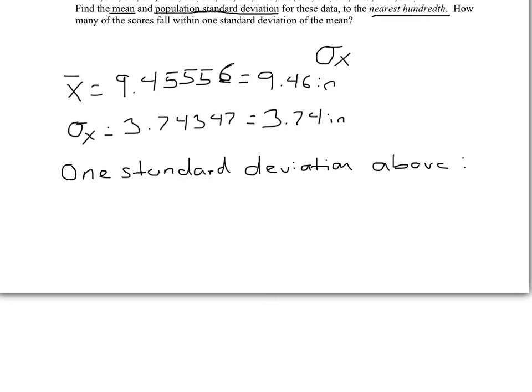That's going to be equal to 9.46 plus 3.74. When I calculate that, I get 13.2. That was a bad 13, my apologies. 13.2. And now when I calculate below, one standard deviation below,